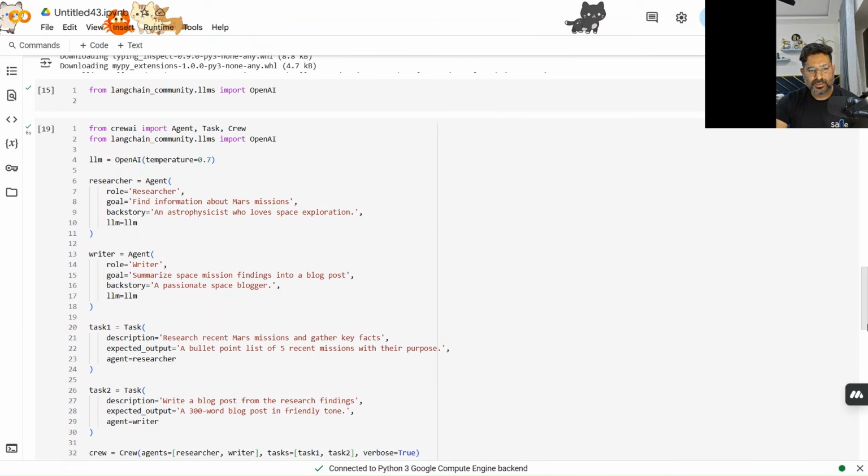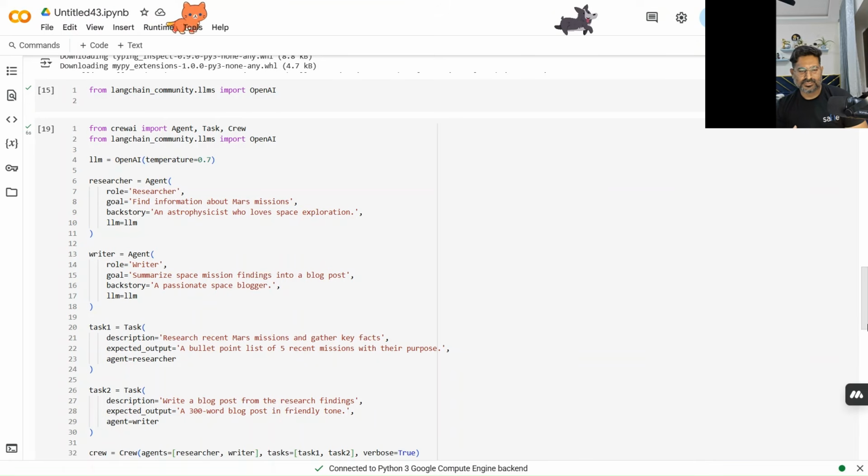And then I asked the AI agent to do a task for me. I mentioned the researcher is one agent, and I specified its role. Its job is to find information about the Mars mission. And I have given a background story as well, so it should understand.